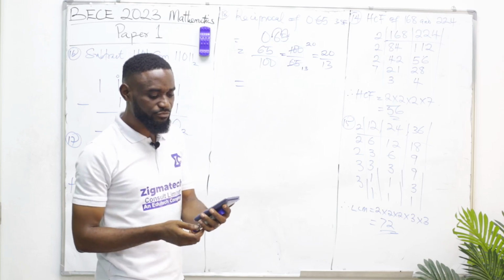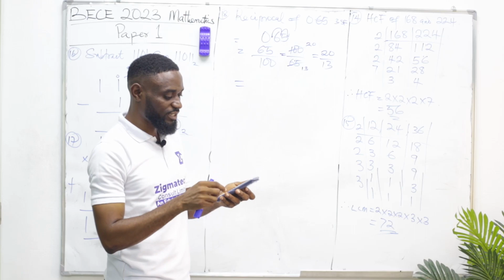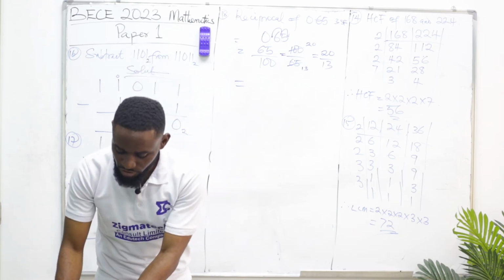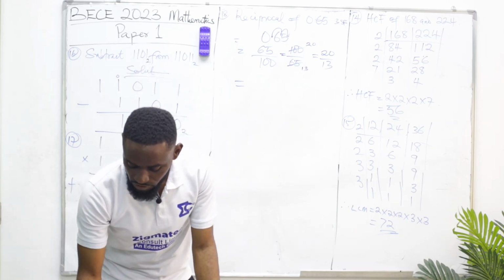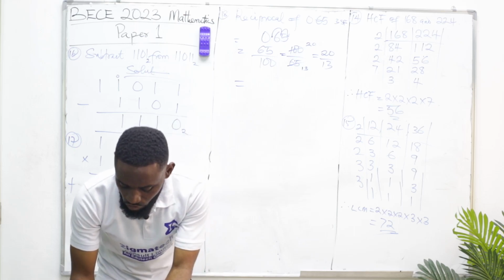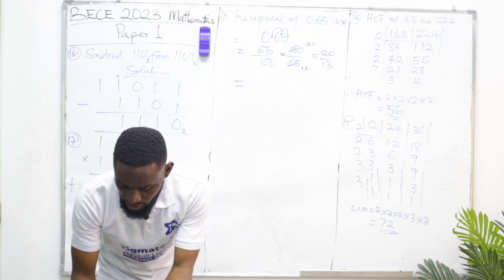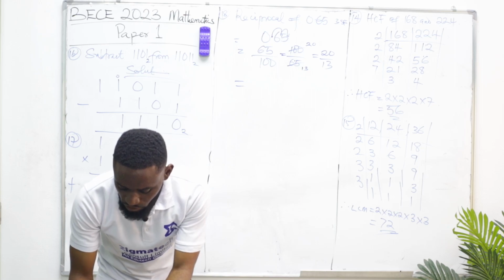So you have 20 over 13, which is what we say. Let me use another form of calculator. So if we have 100 divided by 65, it gives us